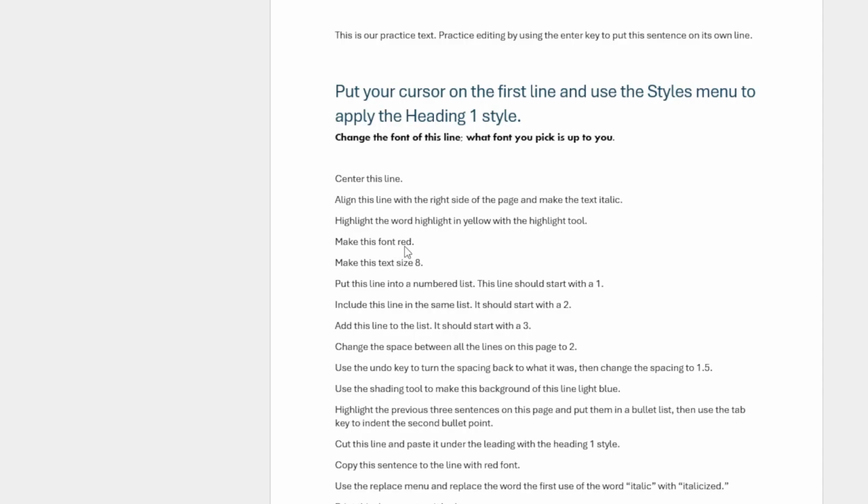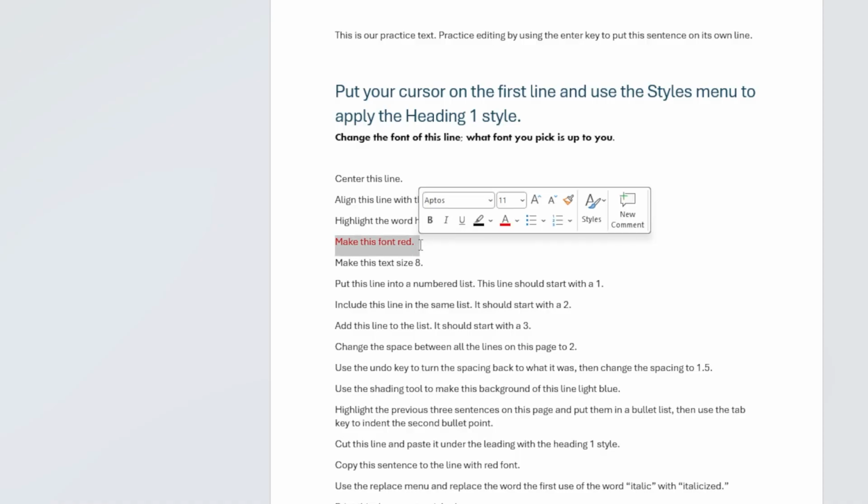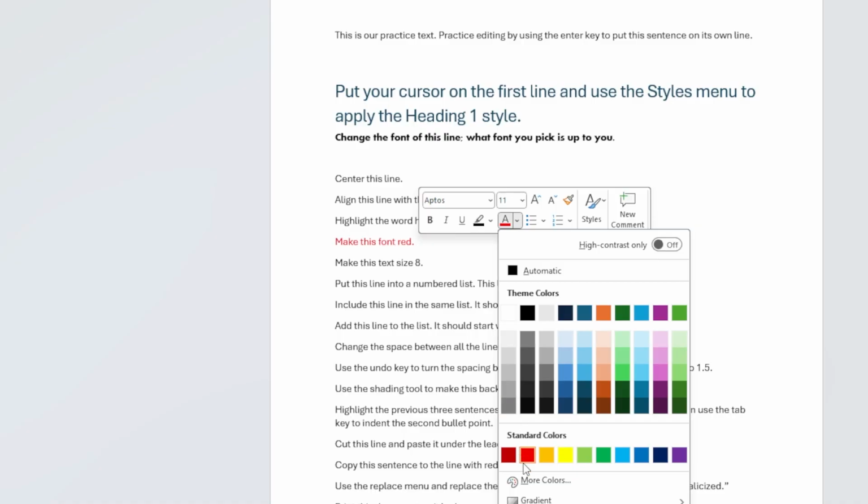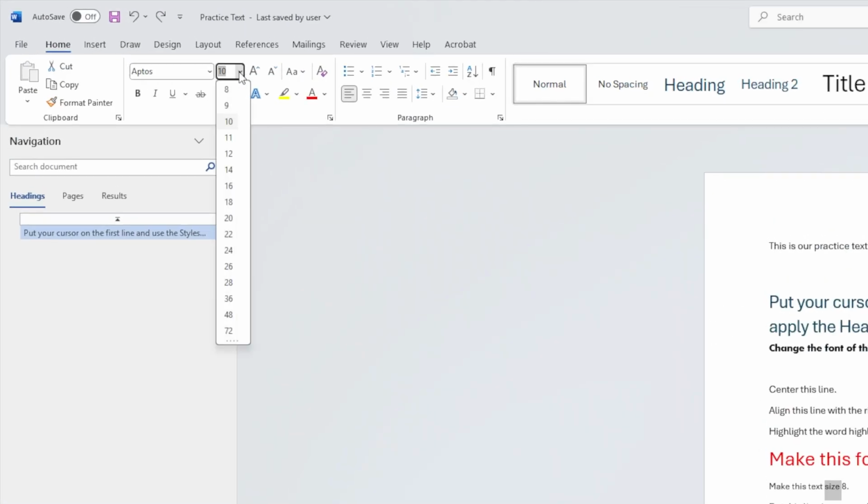You can also change font color a few ways. You can put your cursor in a given word and then click the font color button to change the color on just that one word, or you can click and drag to select all the words you want to change, then press the font color button to change to that color. Clicking the down arrow will open a menu that has many other colors to pick from. Changing font size can be done here.